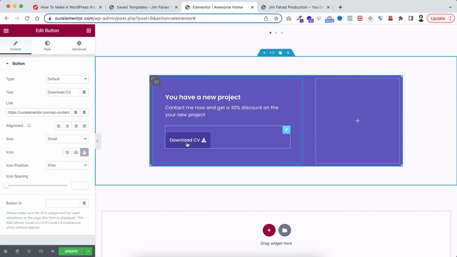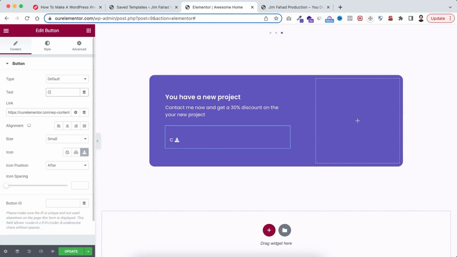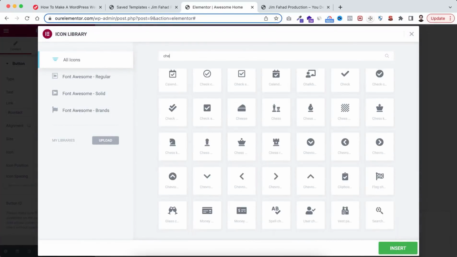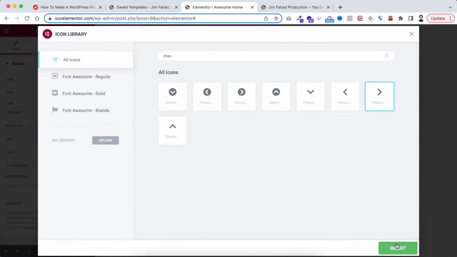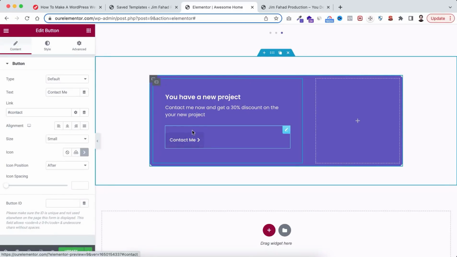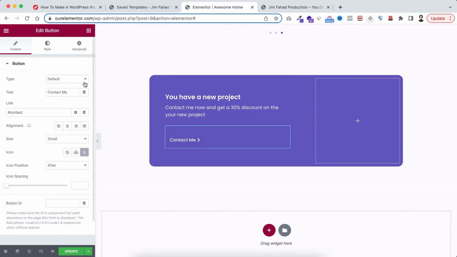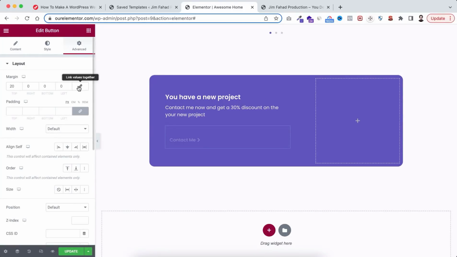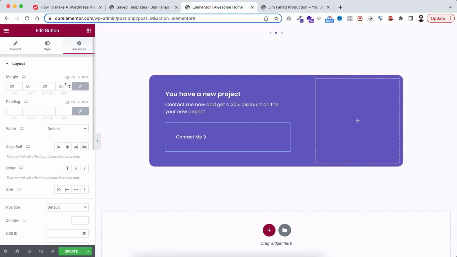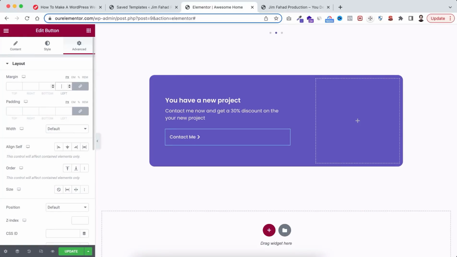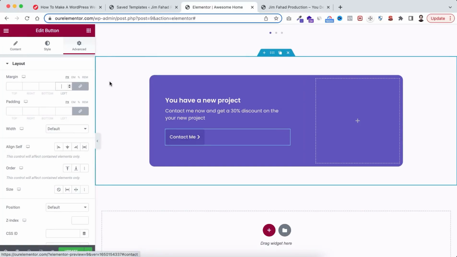So here the first thing, I don't want it to say download CV. I wanna say contact me, and I want to link it with the contact section, so hashtag then contact. Also, instead of this download icon here, I want to add a chevron icon, this one, insert it, and this button has some space at the top, but I don't want that, so go under advanced tab. From here, just link it first, and removing all the margin from here, and then go under the style tab,